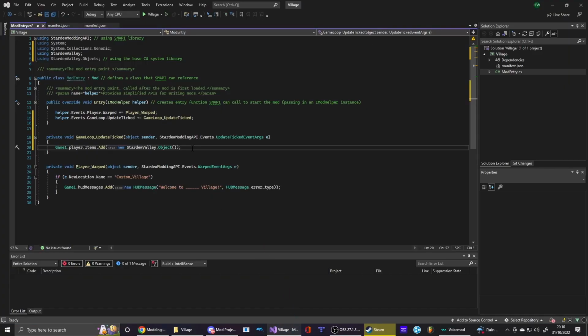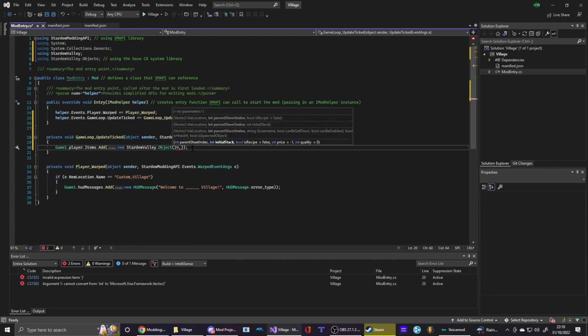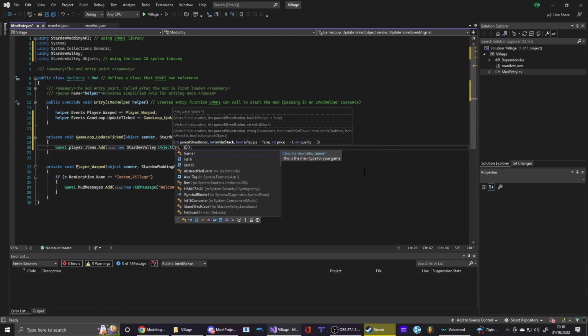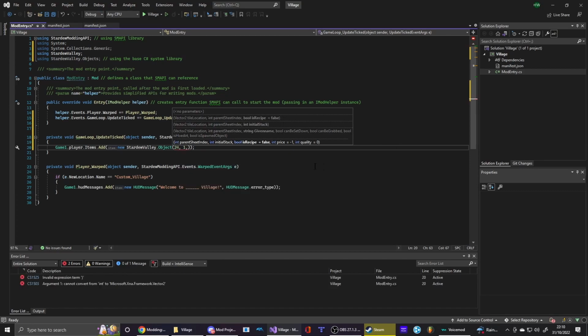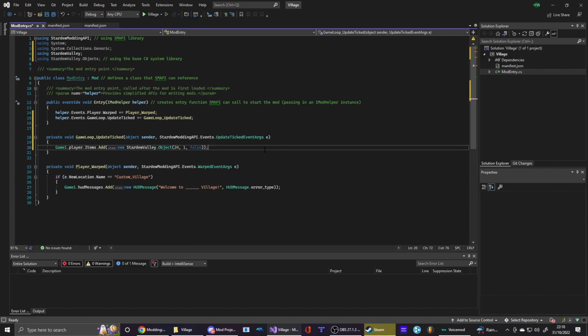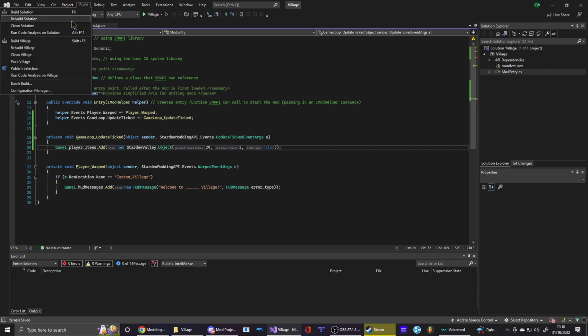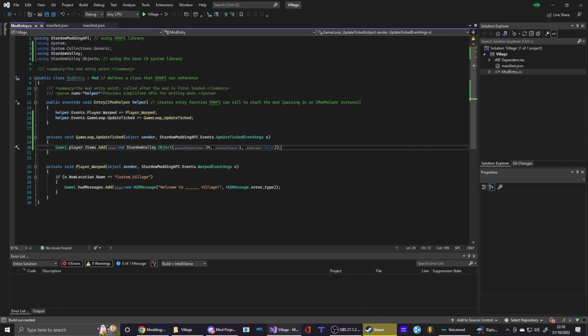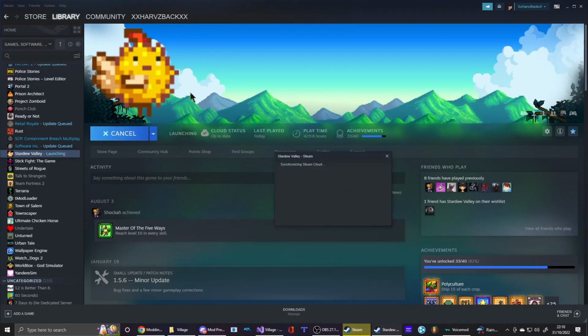I'm just going to do a random one for now. 24. Initial stack, which is how many you're going to get. So put 1 or whatever you want. Then false. So that's going to give you whatever 24 is, 1 of it, and it's not a recipe. Just put false there. So if we go ahead and build this again and launch our game and try it,